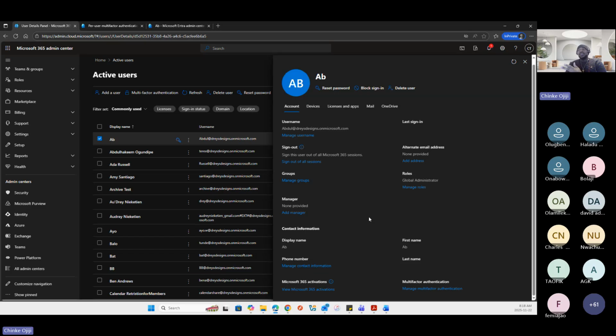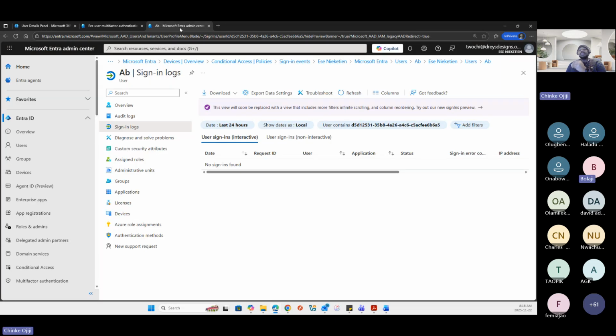So after you have done all of that, then you can now unblock the sign in and ask the user to sign in. And then you can further monitor, because we're talking about continuous verification here, right? Zero trust. You've done everything, but we don't want to take anything for granted. We want to continually make sure that this user is the correct user that is signing in. So you can come back here and still take a look at the sign-in logs to ensure that it is actually the user that is signing in.